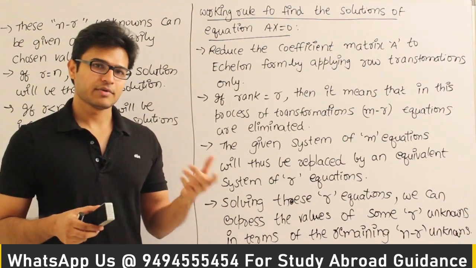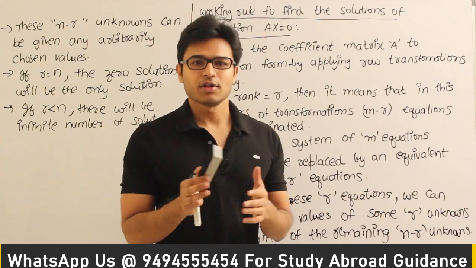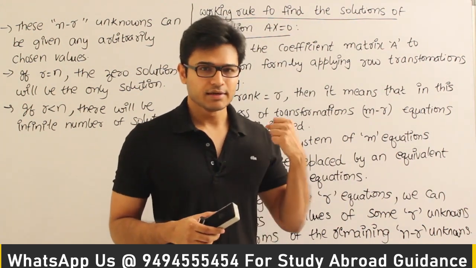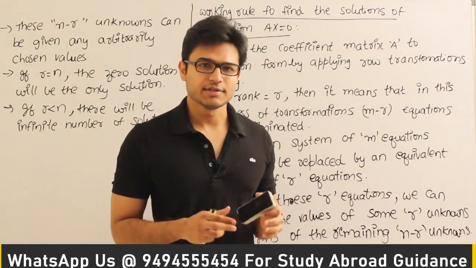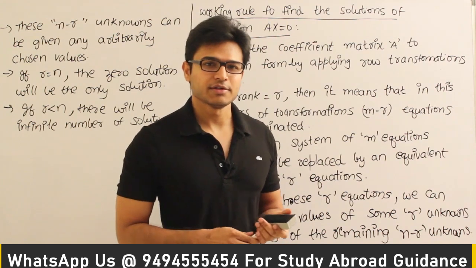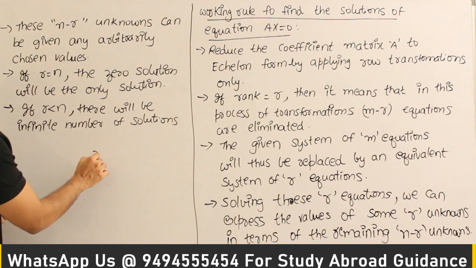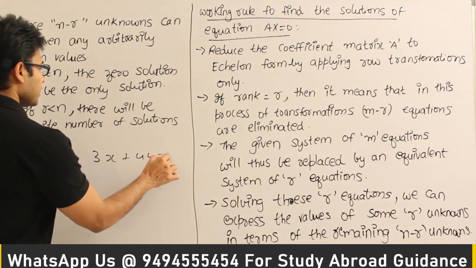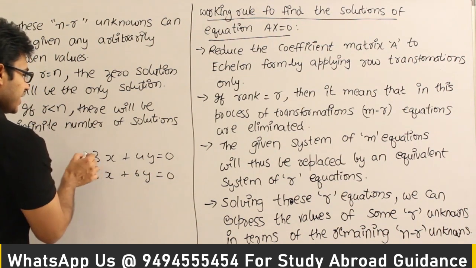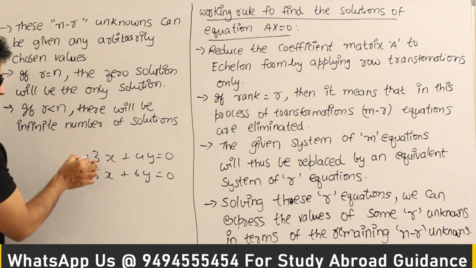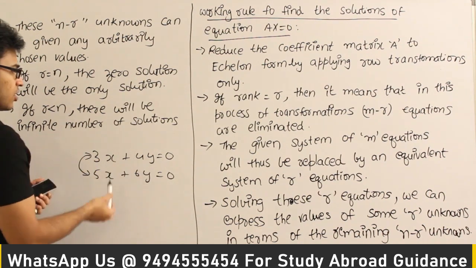See, we can use even column transformations, but it's going to complicate a lot of things later. So instead of dealing with all this complexity, we just will not apply column operations. We just apply row operations. The main reason why we are applying row operations is, I hope you know what this coefficient matrix is. If you have 3x plus 4y equal to 0 and maybe 5x plus 6y equal to 0, then by applying row operations, what we are effectively doing is manipulating the rows, right? If you apply column